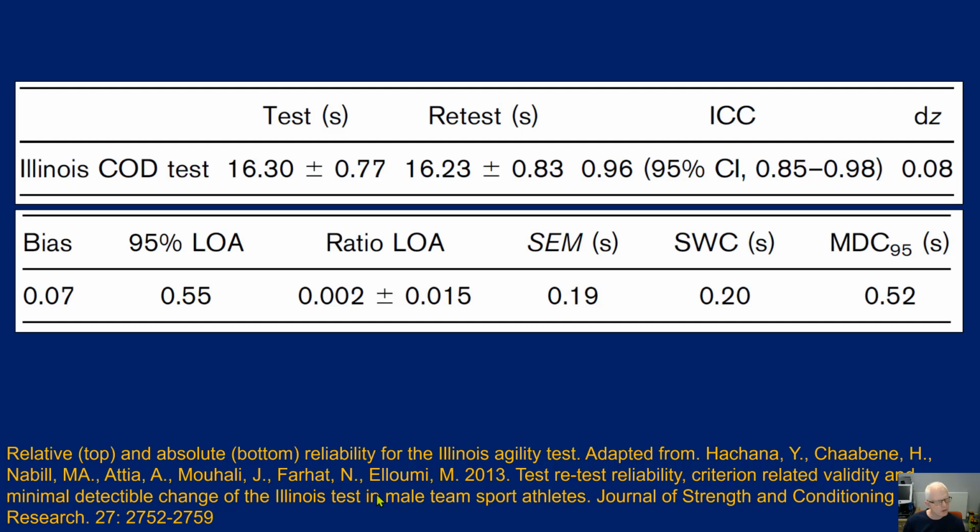If we look at the panel below, this is the limits of agreement. The limits of agreement, we've referred to this in previous sessions and I'll show you again in this one, is calculated as the mean of the differences, which is our bias score. So they will take, for each participant, the difference between test 1 and test 2. They've worked out the mean of the differences. The mean of the differences is 0.07 seconds. And then what you have is the 95% confidence intervals, which is 0.55. So what they're saying is that it will go from a bias of 0.07 and it will go up to